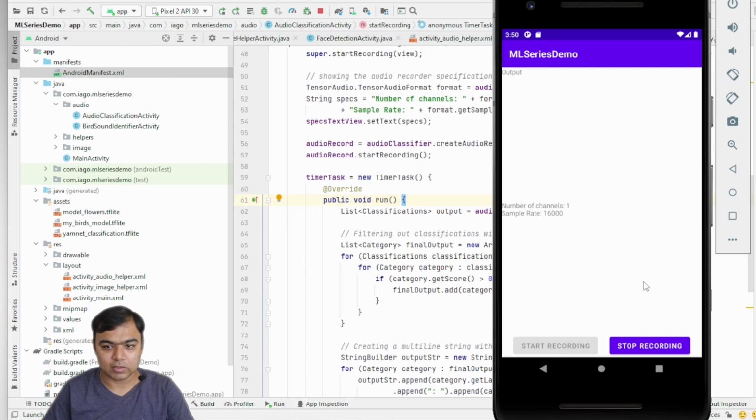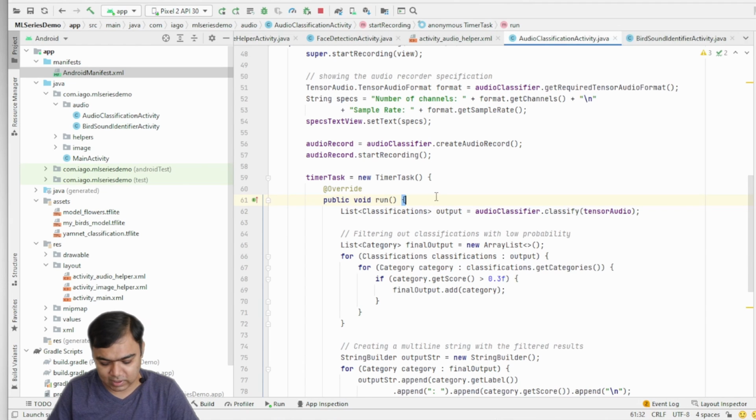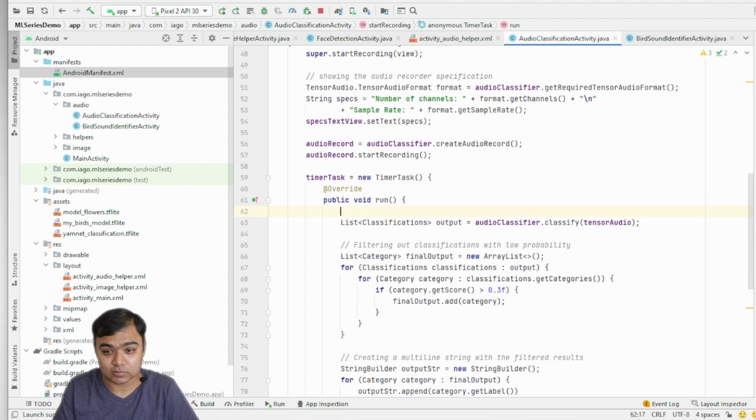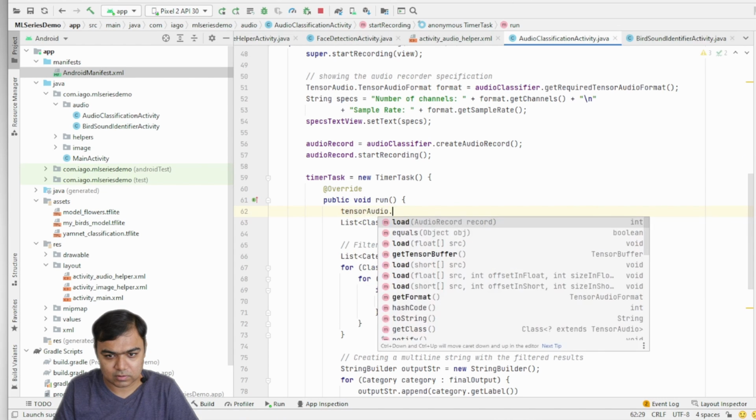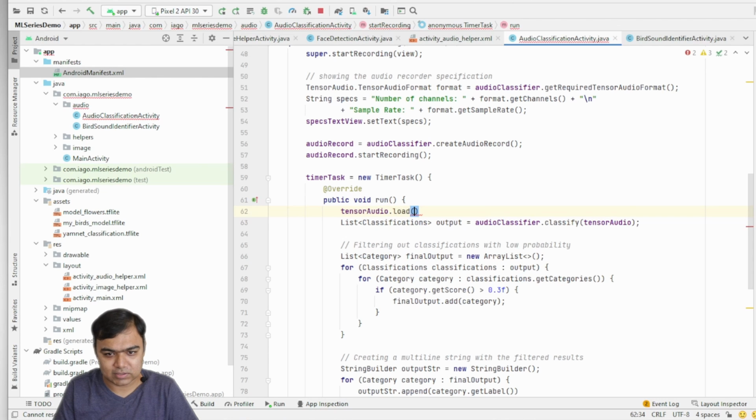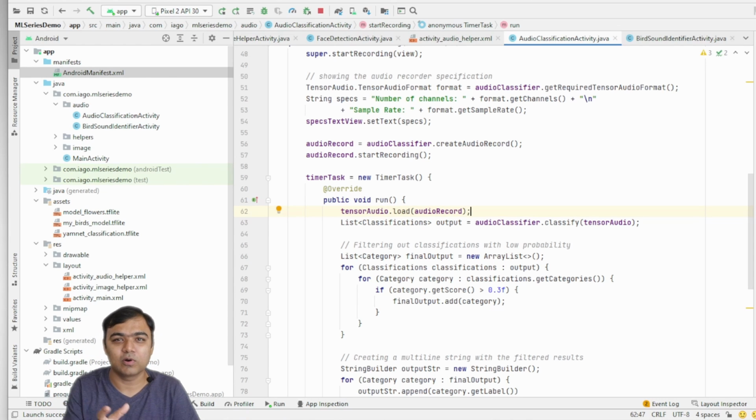Okay, nothing is happening. I debugged it and found out there are some steps that I forgot to put. We need to add this step: tensorAudio.load(audioRecord). Every time before we classify, we need to feed that new audio record to the tensor audio classifier.